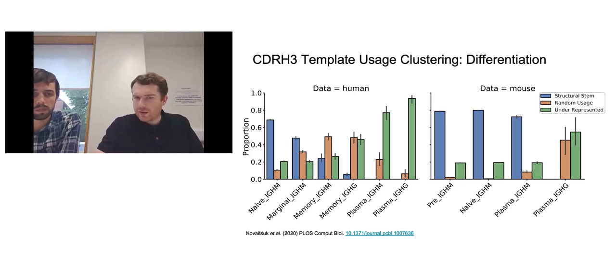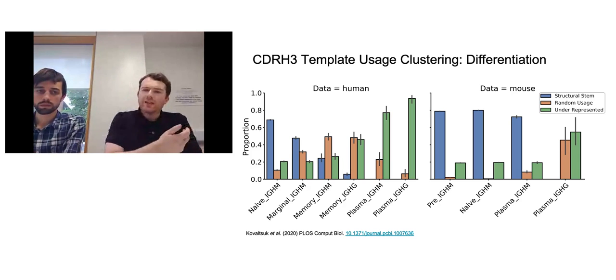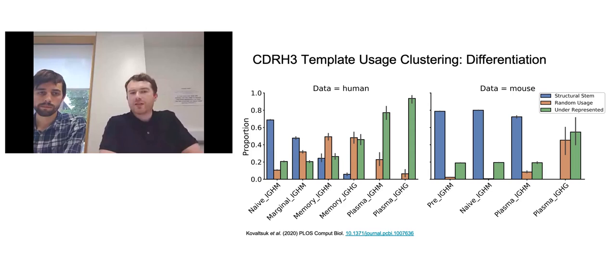So with that out of the way, one of the things that we observed when we applied this SAB plus annotation to data in the observed antibody space is, when you just cluster by CDRH3 template usage, something becomes immediately apparent when you compare repertoires at different stages along the axis of differentiation, from naive all the way through to plasma. In the naive repertoires, you have massive overrepresentation of a small number of templates. And as you move along the axis of differentiation, so you gain more disease exposure, you get a more mature repertoire,